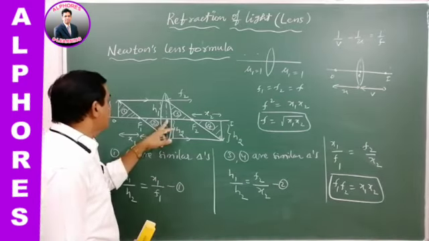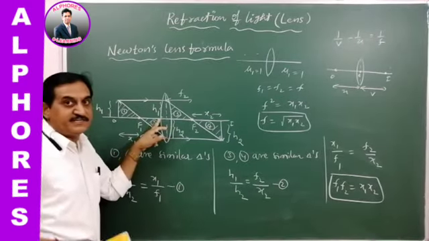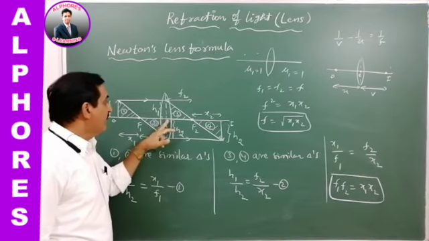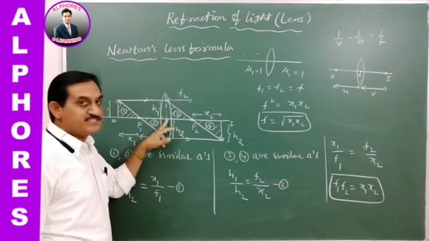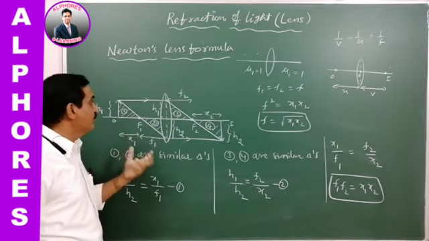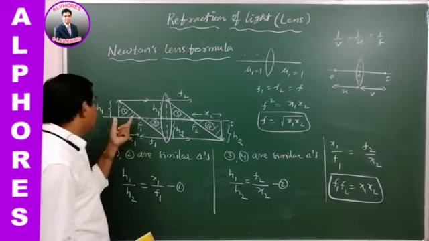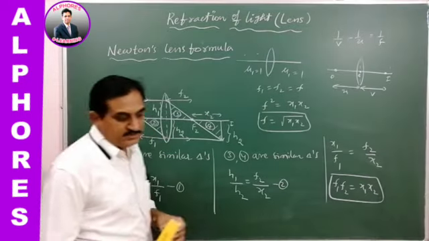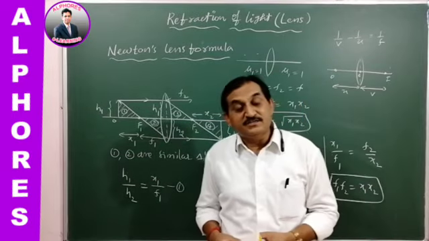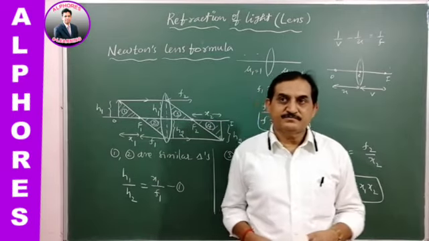Actually, here the optic center and the pole differ. While taking the refraction formula, we measure from the pole, and object and image distances are measured from the optic center. Therefore, some error will come in it. Therefore, in this case, object and image distances are measured from the focus points. Therefore, this formula can be used for thick and thin lenses.